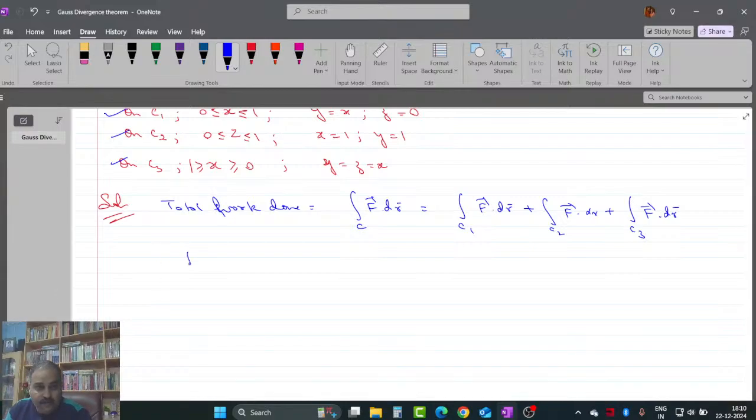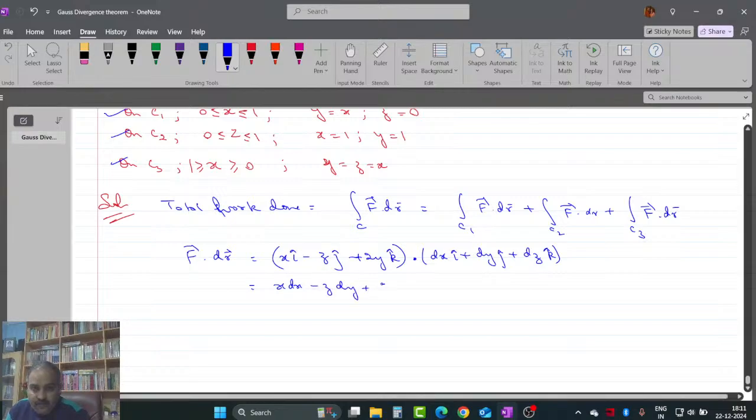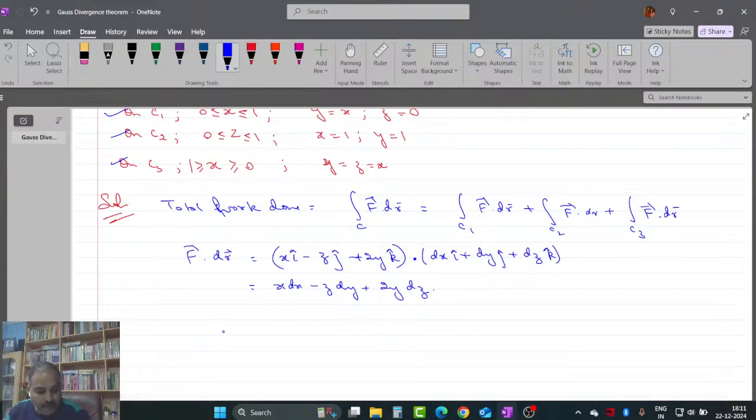सो पहले तो बात करते हैं f dot dr की वैल्यू कितनी आएगी। नाउ वी नो दैट f dot dr, f की स्टेटमेंट में वैल्यू गिवन है x i cap minus z j cap plus 2y k cap dot dr, dr that means dx i cap plus dy j cap plus dz k cap। तो मेरे पास आ जाएगा x dx बिकॉज i dot i 1, j dot j 1, k dot k 1, minus z dy plus 2y into dz, ठीक है।